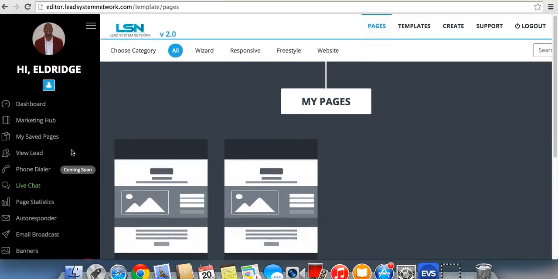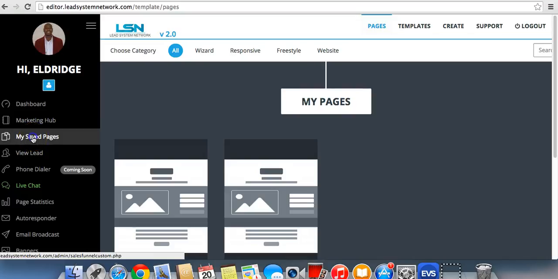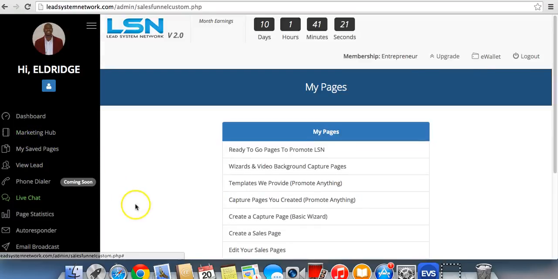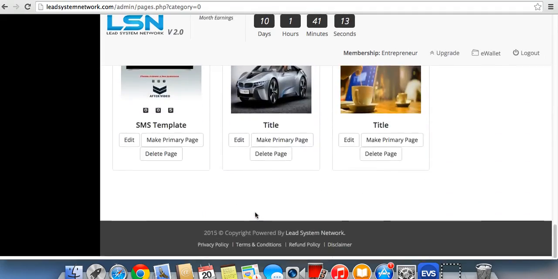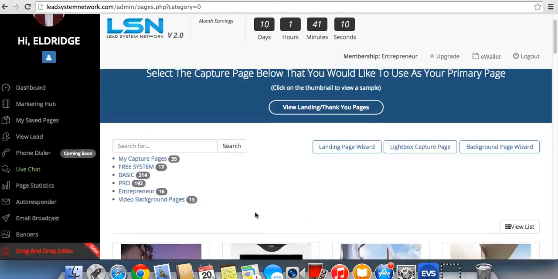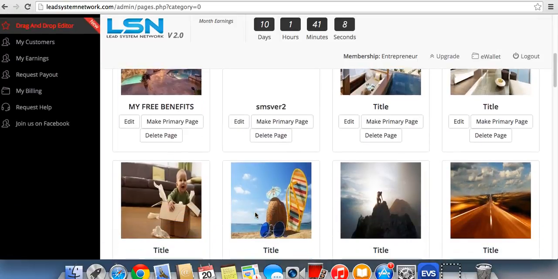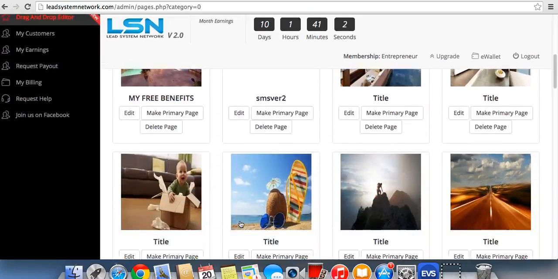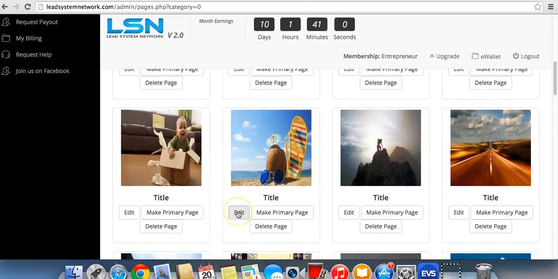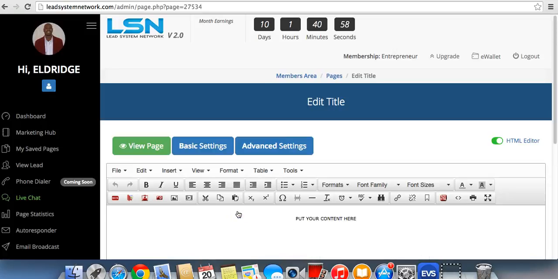All right, so now what you want to do, you want to come under My Saved Pages. You want to go under Capture Pages you created to promote anything. You want to come all the way down. As you can see, I have plenty of pages. Then you take the page you just created. Of course you're not going to have as many pages as I do, but the one that you just created, you want to come down to Edit, and go under Basic Settings,